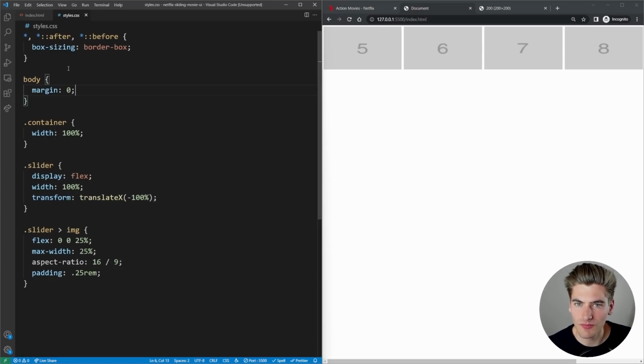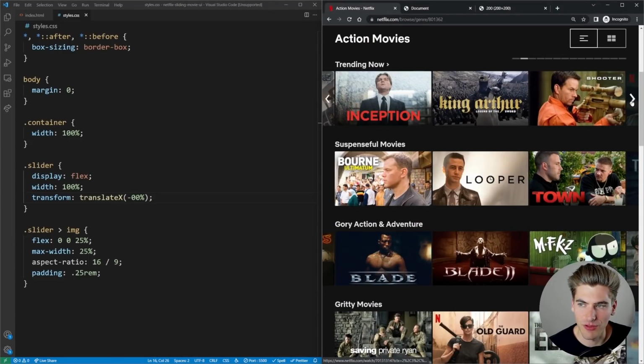There we go. Okay. Now let me think. Let's change this back to 0. There we go. So the next thing we want to do is make it so our container has a certain size, and that way we can put our icons on the right and the left. So on Netflix, you can see we have the right and the left arrow. What we want to do is just give these right and left arrows a specific amount of space.